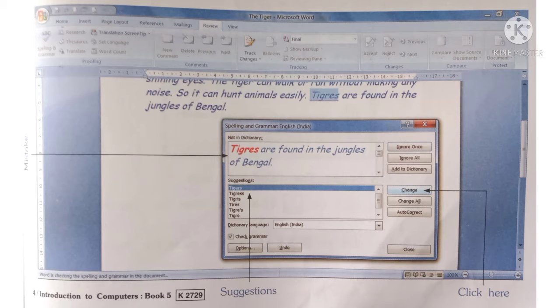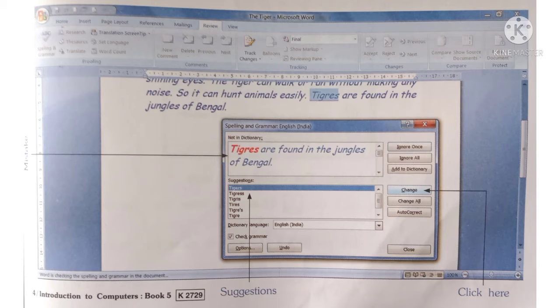As Word starts checking for spelling and grammar, as soon as it comes across a mistake, that sentence will be highlighted and you will see the spelling and grammar dialog box.